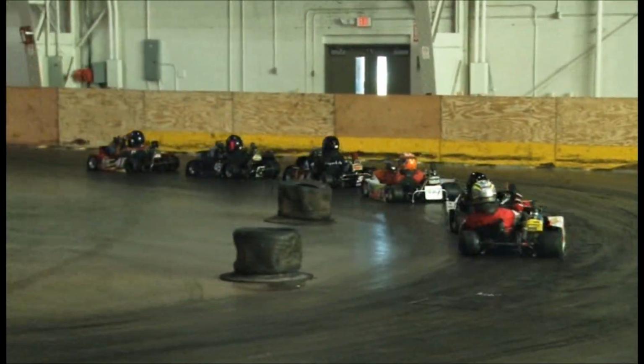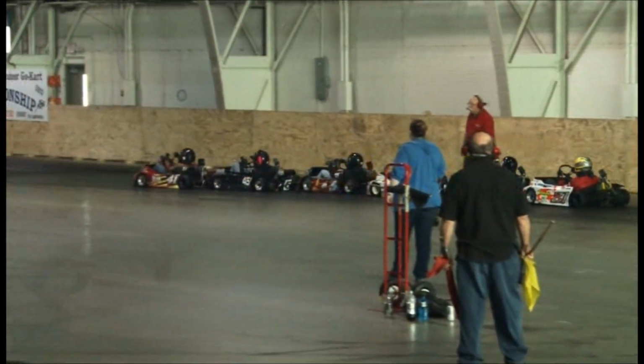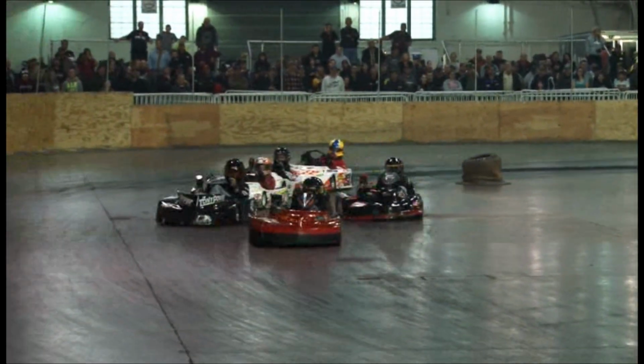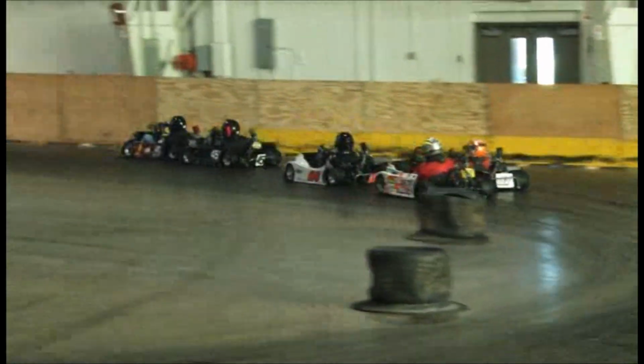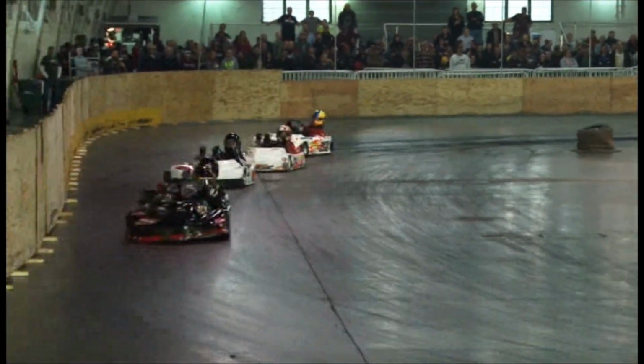And it looks like Sickles is your leader. Davidowitz is second. Wagenhals is third. Everybody knows to tail for the restart. Off 4, green flag waves. Wow, Wagenhals tagged the inside tire coming off of 4. That is going to give Sickles a nice, comfy little cushion to work with as they come back around to